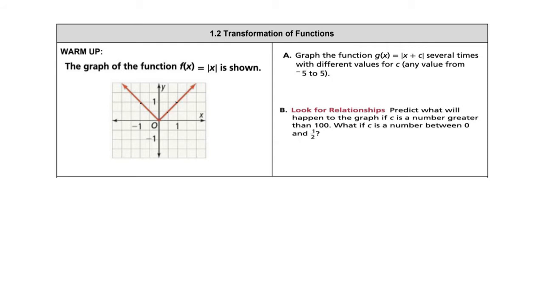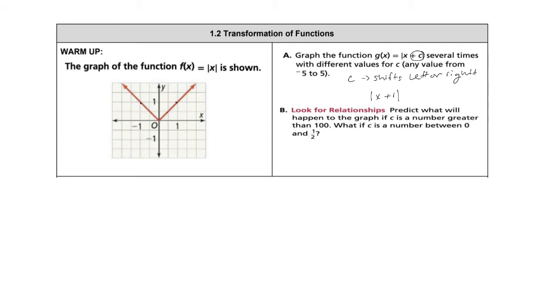Now it says graph the function absolute value of x plus c several times with different values for c. Whenever we plug in something for c, it's either going to shift us left or right. So if we made it absolute value of x plus 1, now